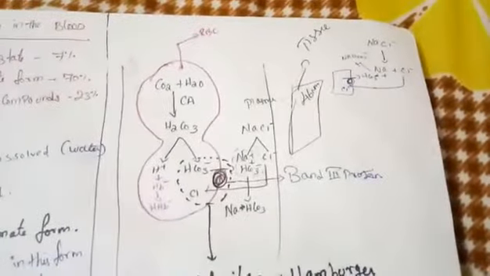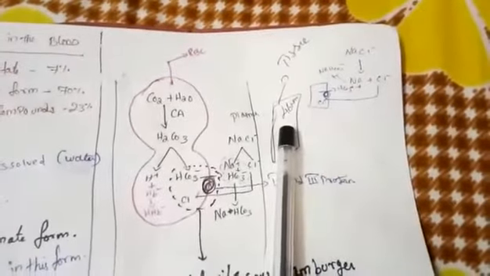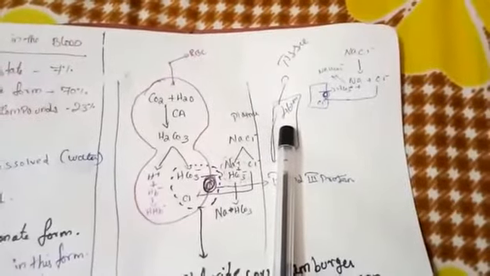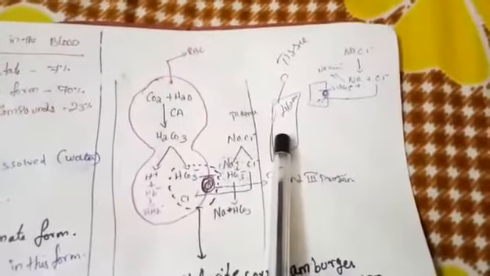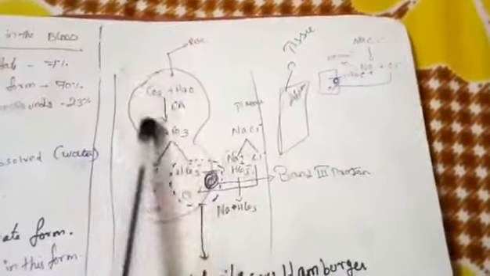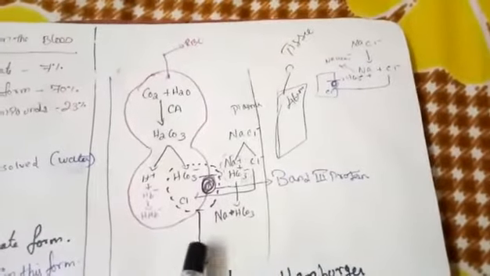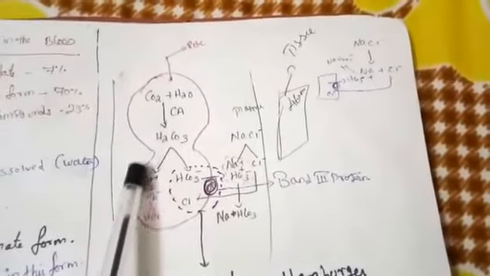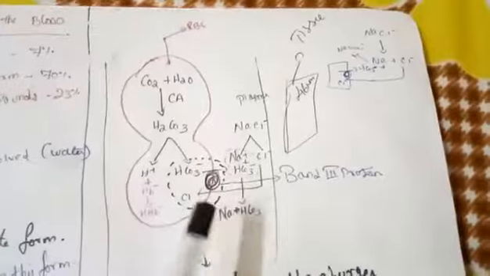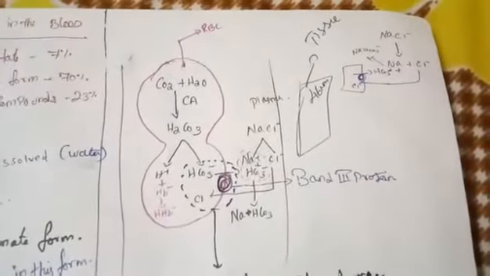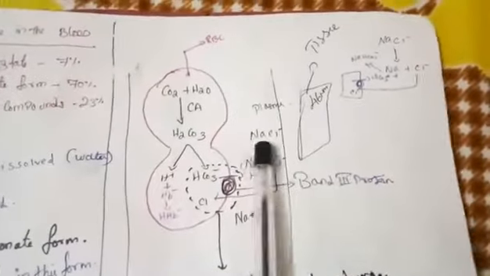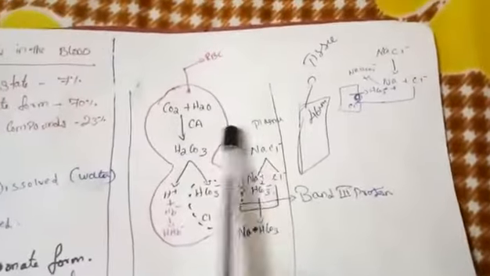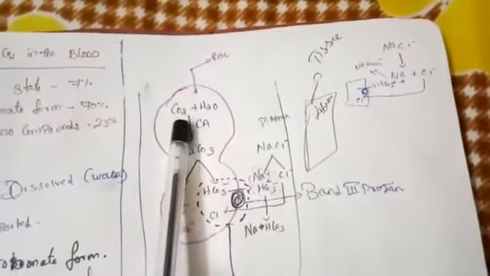First I will explain this diagram, and this is the tissue. We already know that 46 mmHg of carbon dioxide is there. From the tissue the carbon dioxide enters the blood capillaries. You know that inside the capillary the RBC is there. So I will draw one single RBC in a larger manner, then only we can understand how the process takes place inside. Once the carbon dioxide enters the capillary, it will enter into the RBC.